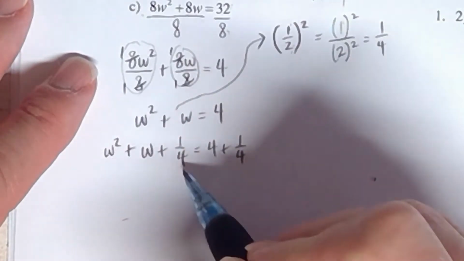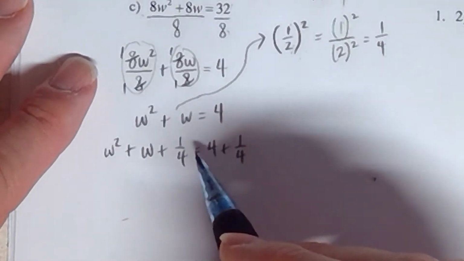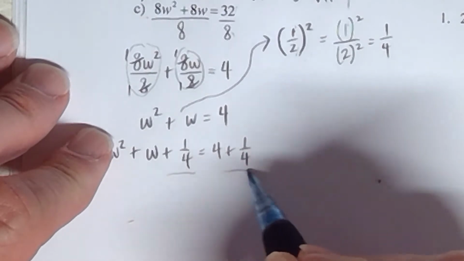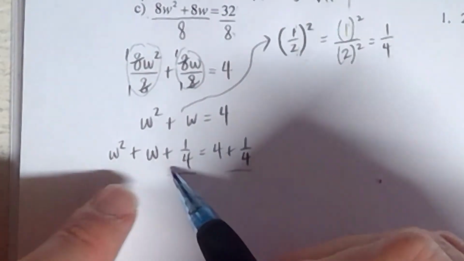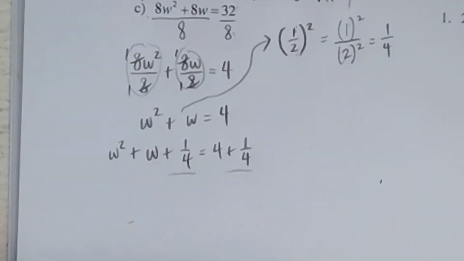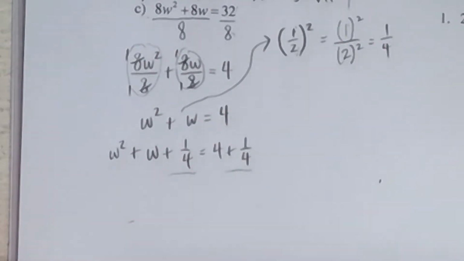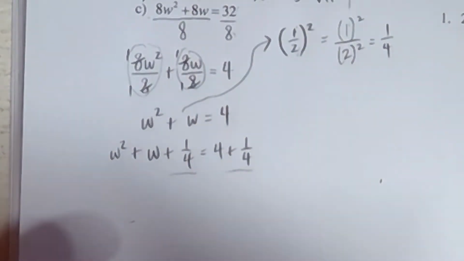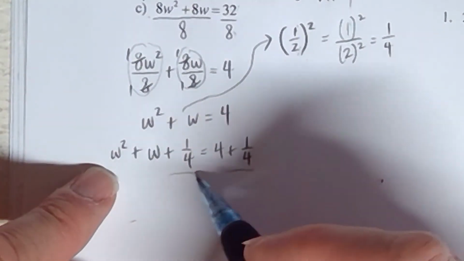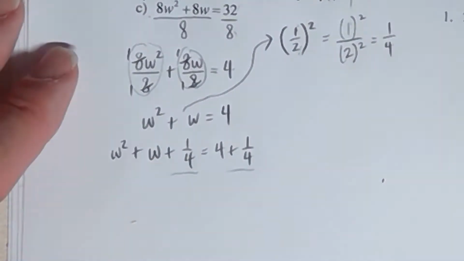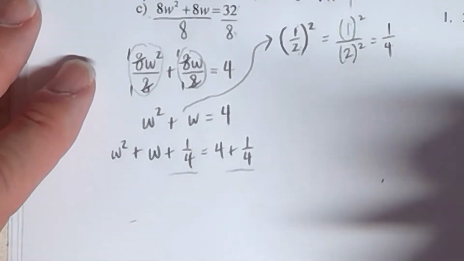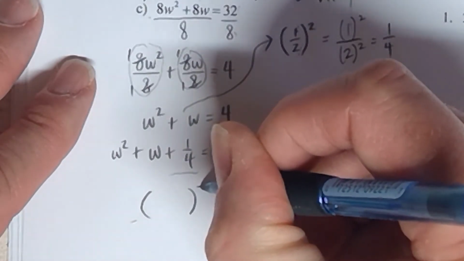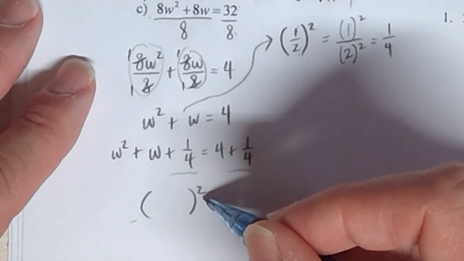But when you do have a fraction, when you get to this step, after you add the same amount to both sides here, if you end up with a fraction on the side that has the variables on it, please do the shortcut that I'm about ready to show you so you don't have to worry about the factoring step, which again, we didn't learn about factoring when you got a fraction inside of the polynomial like this. Here's the shortcut. We're going to jump right to that step where we have the square on the outside,